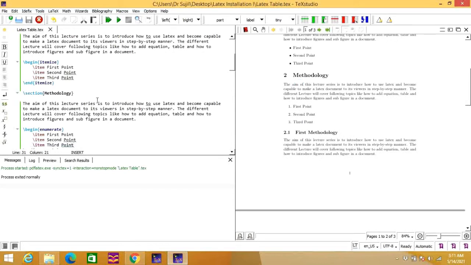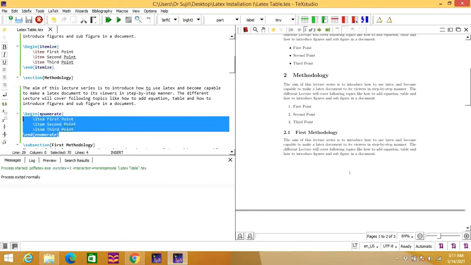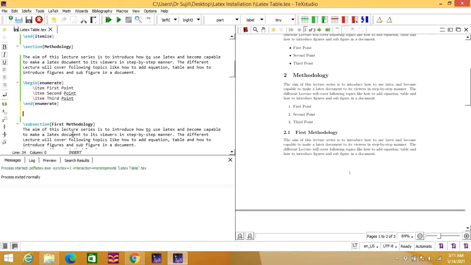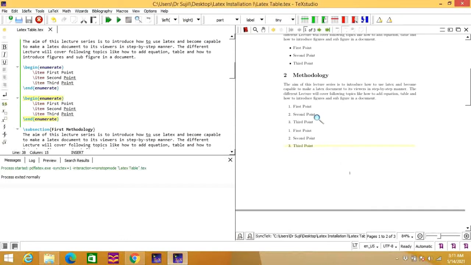For that you don't need to change much, you need to do only one thing. I am copying this for the sake of your understanding and pasting it here, that means I am going to repeat the same thing. Let me run it. You can see that this numbering is repeated over here: first point, second point, third point.